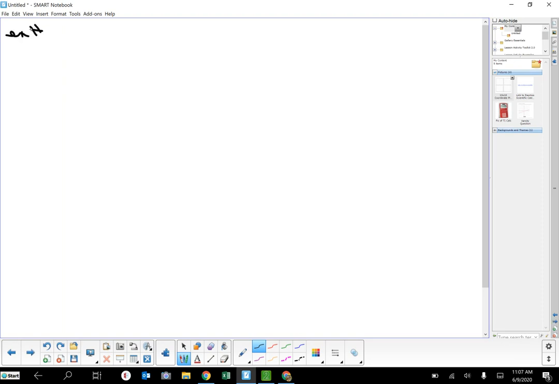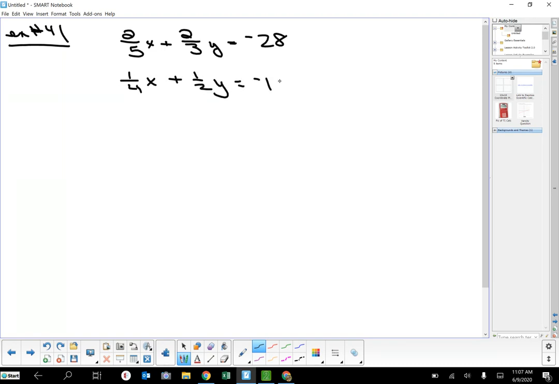So this is example number 4. And this was 2/5 x plus 2/3 y equals -28. And 1/4 x plus 1/2 y equals -18. Now, I've talked about this before. I've encouraged this process. If you multiply